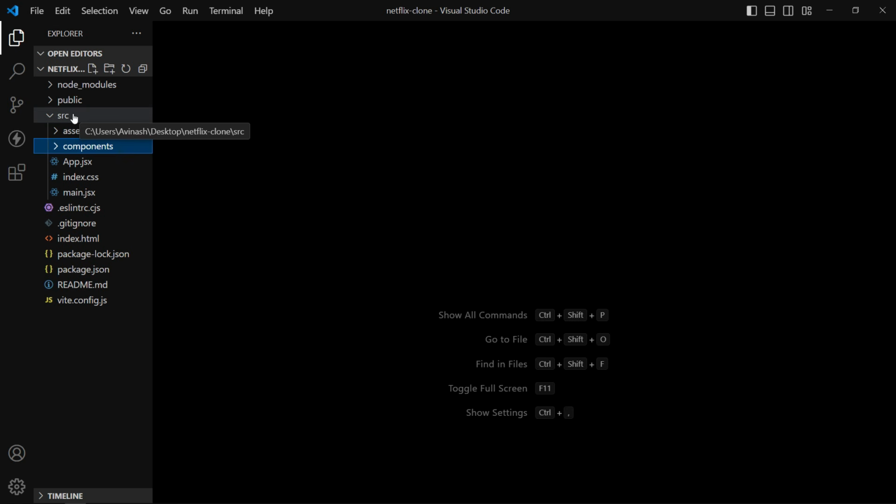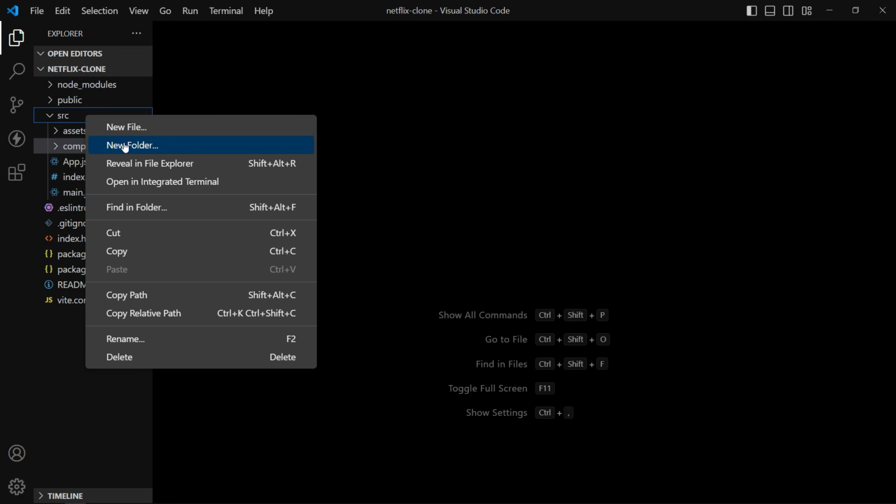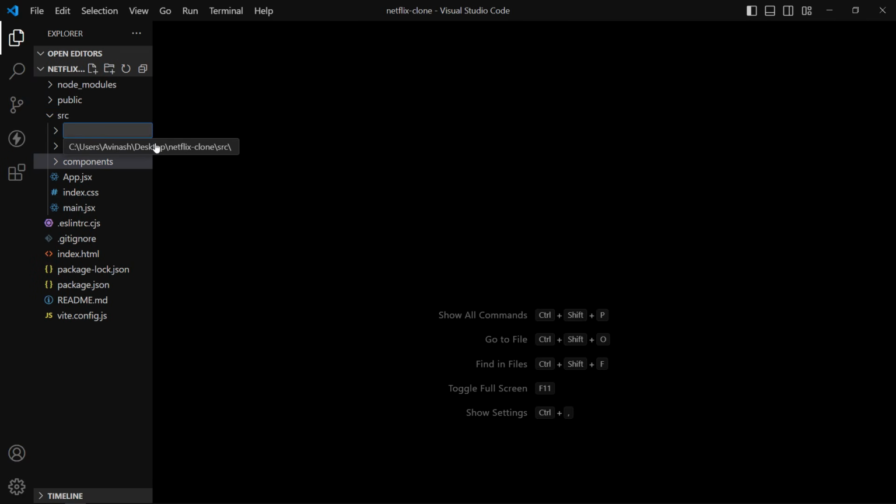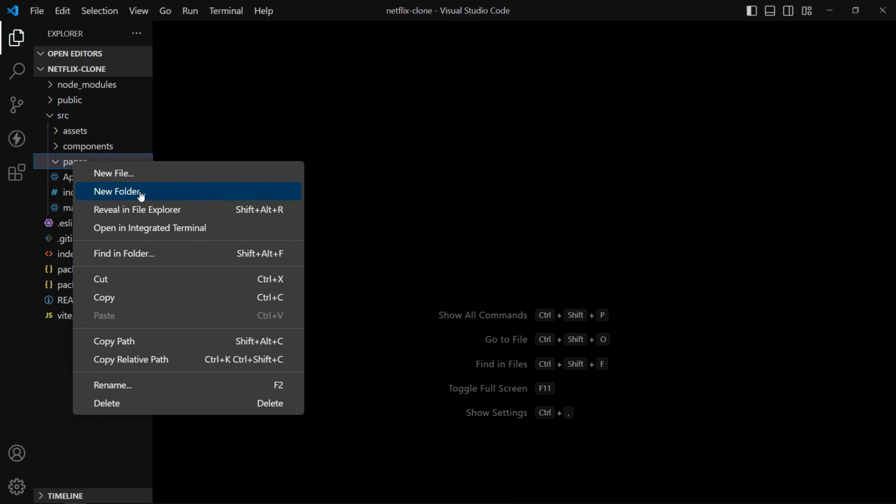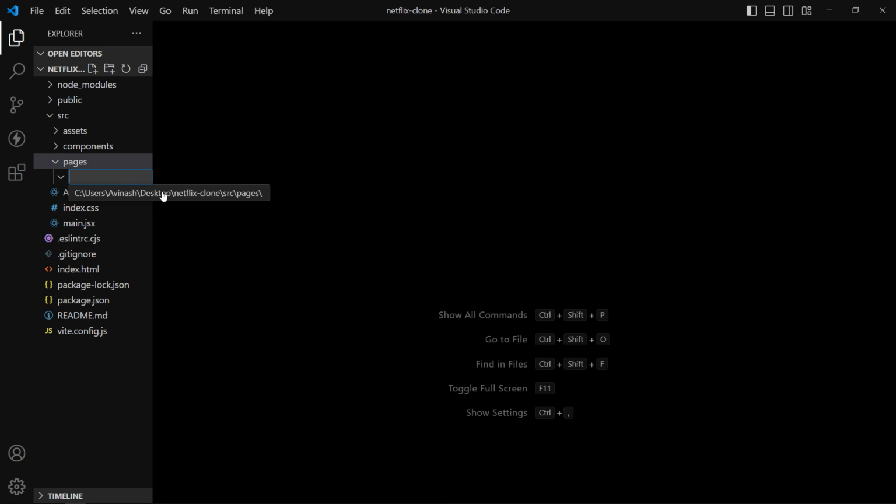In this src folder we will create one more folder that will be pages. So right click, select new folder, and add the folder name pages. In this pages folder we will create 3 pages, that is home page, login page, and player page. So right click on this pages folder, select new folder, and it will be home. We will use capital H.